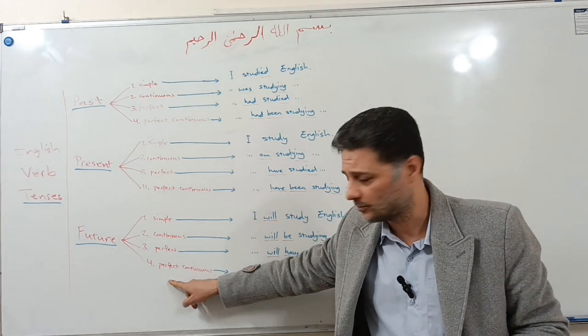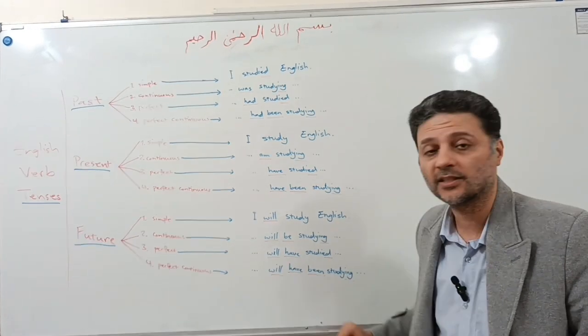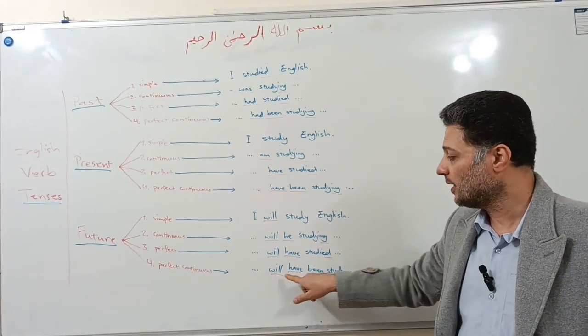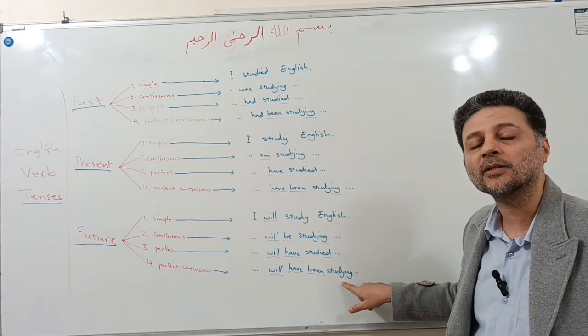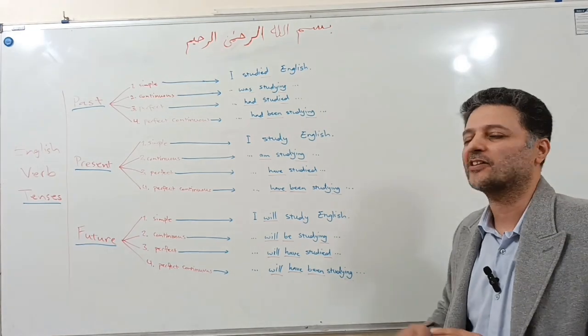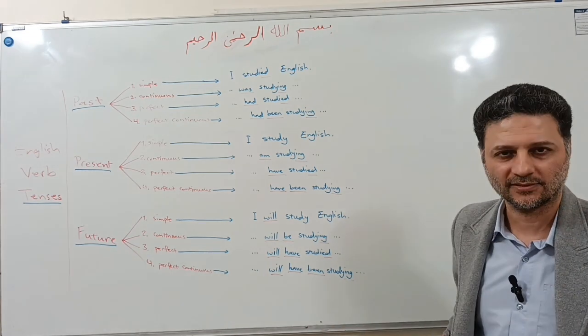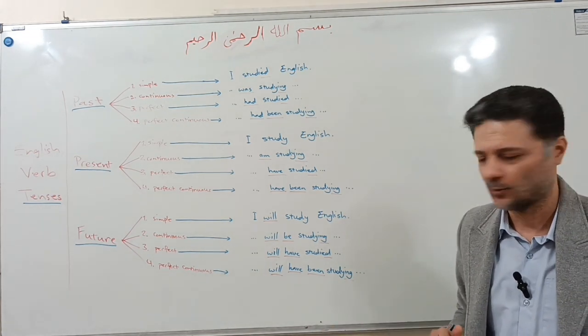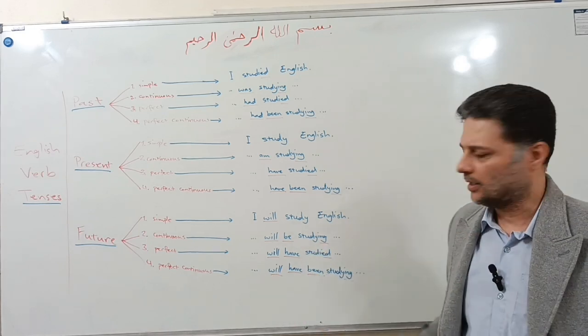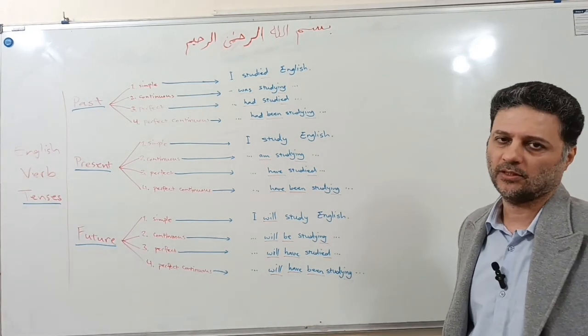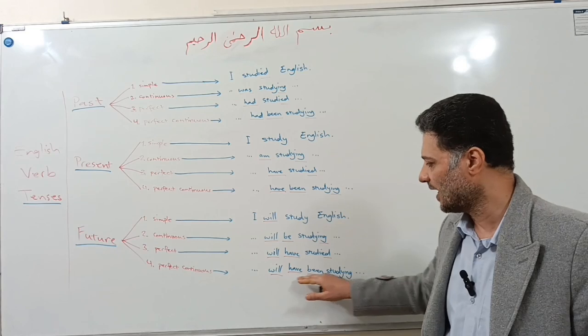And the last subcategory, future perfect continuous or future perfect progressive. We use will plus have plus been plus verb plus ing. It's very rare in English, to be honest with you. You only see it in very old texts, not recent or modern texts, okay? Well, but anyway, this is a tense which is available in English. I will have been studying